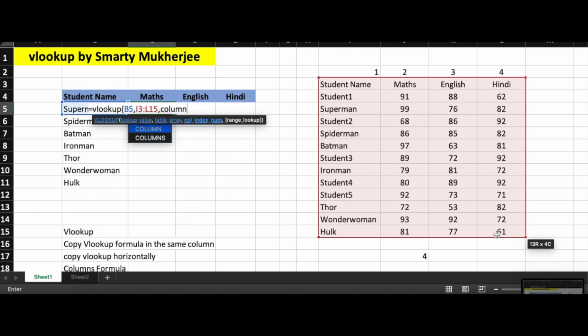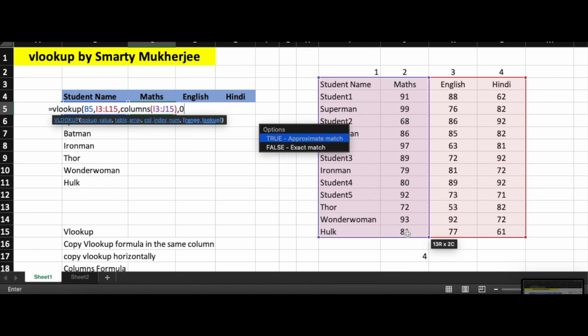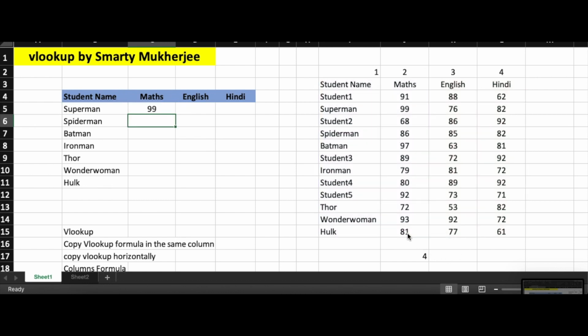In the brackets you need to put the columns that you want to use. So in this I am looking for maths numbers, so I will just take these two columns and then close the brackets, 0, and then close the brackets.